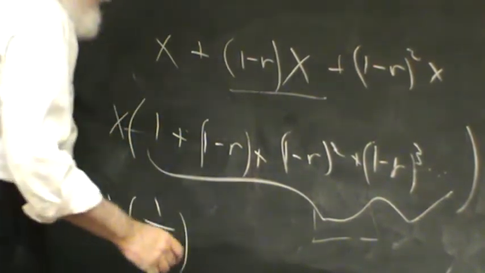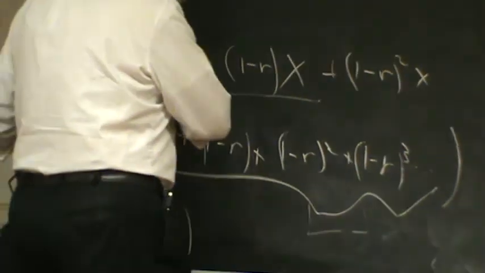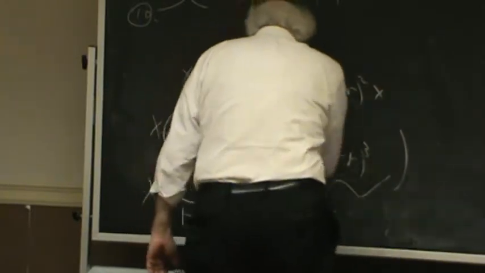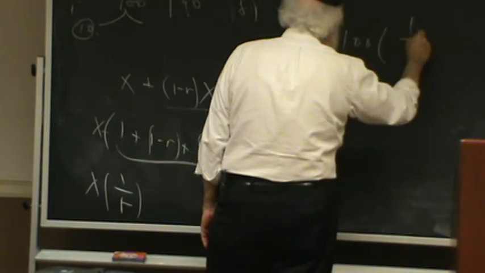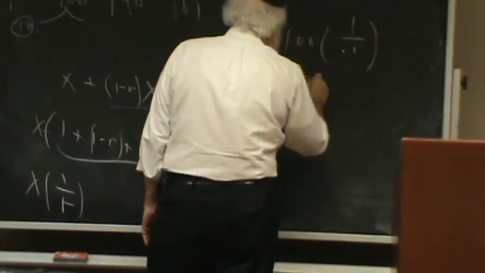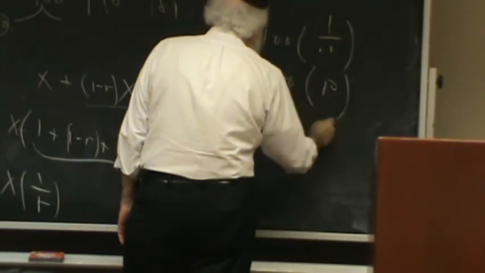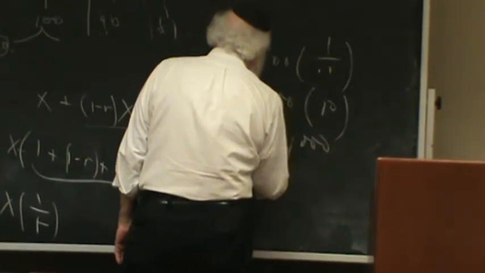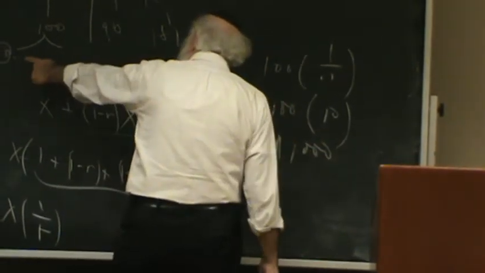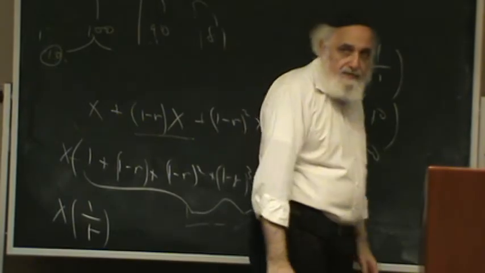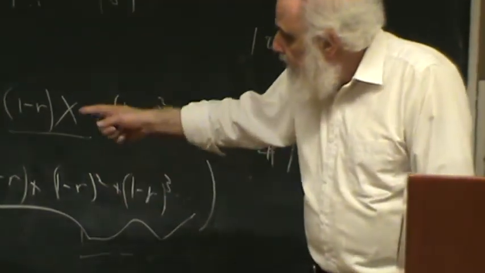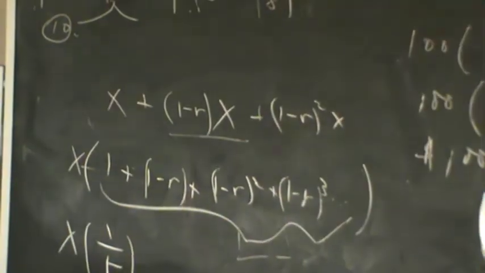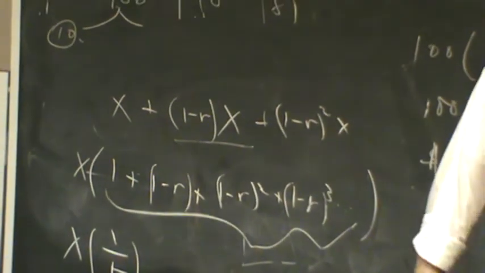So the amount of money that's going to be created, this is all the money that's being created: 100 times 1 over 10%, 100 times 10, $1,000 is going to be created under this scenario of the reserve ratio being 10%. In other words, if the reserve ratio is 10%, the original $100 is going to create $1,000 worth of checking accounts.